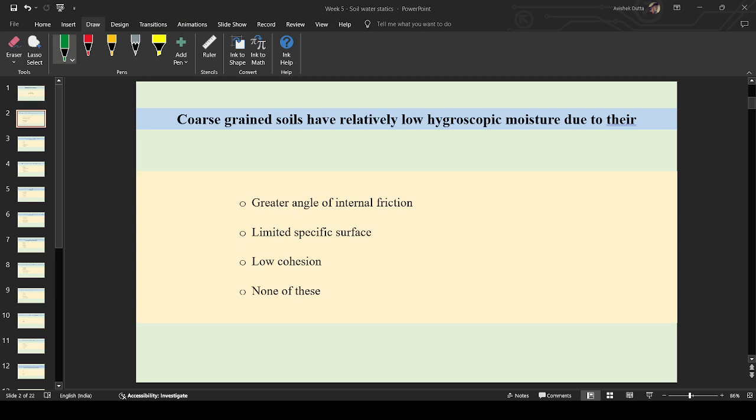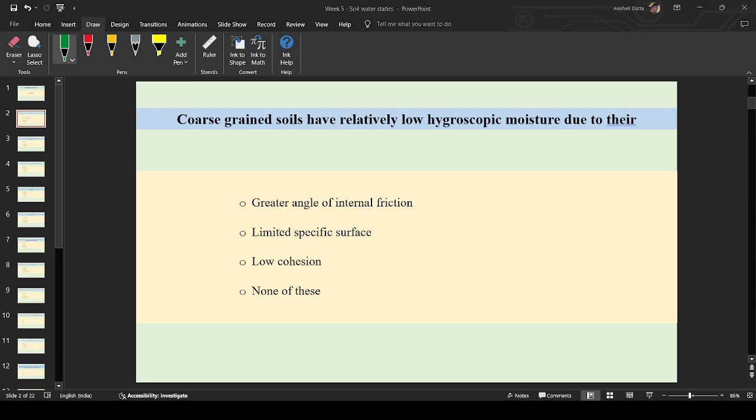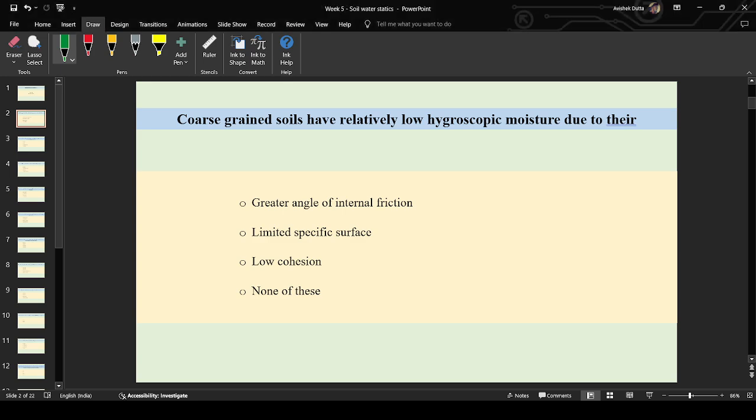Coarse grained soils have relatively low hygroscopic moisture due to their, any answer? What is the answer? I think option B, sir. Low specific surface area. Yes, very good. Low specific surface because